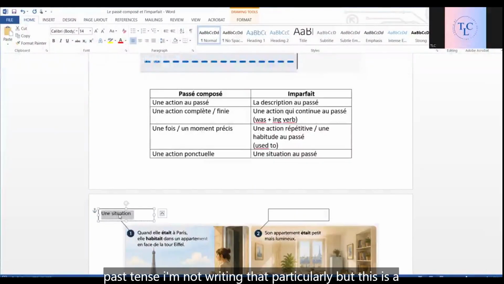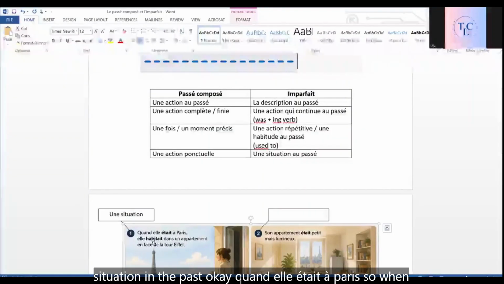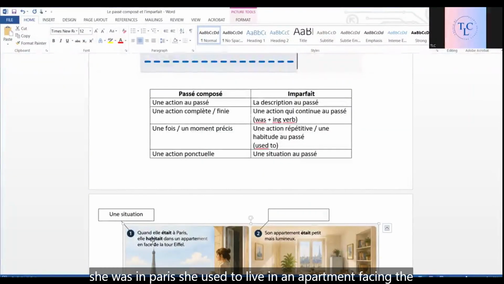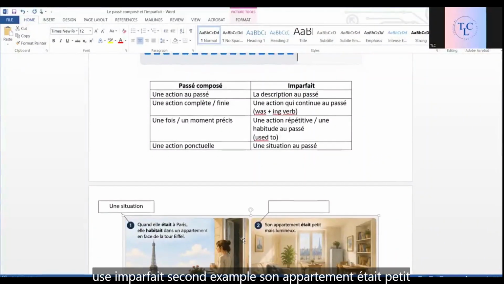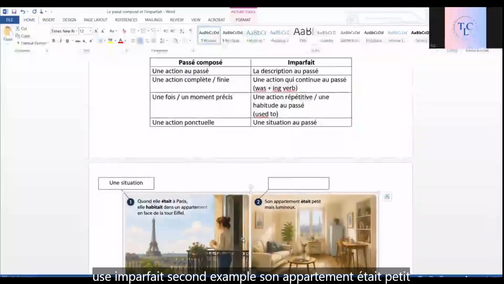I'm not writing that particularly, but this is a situation in the past. Okay, quand elle était à Paris, so when she was in Paris, she used to live in an apartment facing the Eiffel Tower. Okay, so this is a situation in the past, so we'll use imparfait. Second example, son appartement est